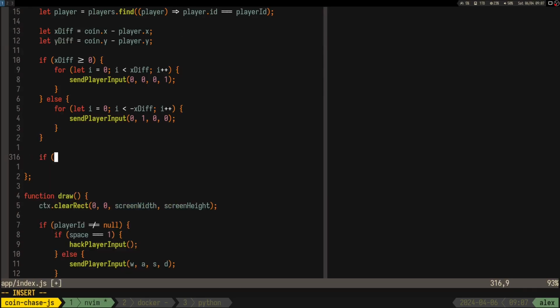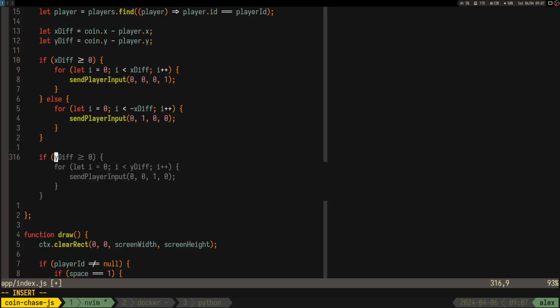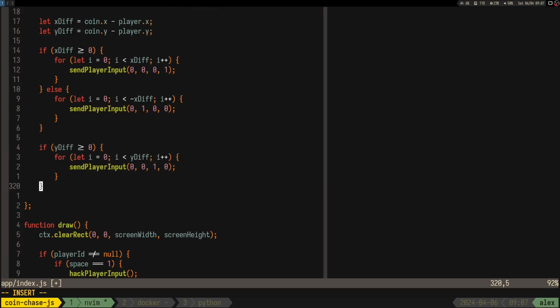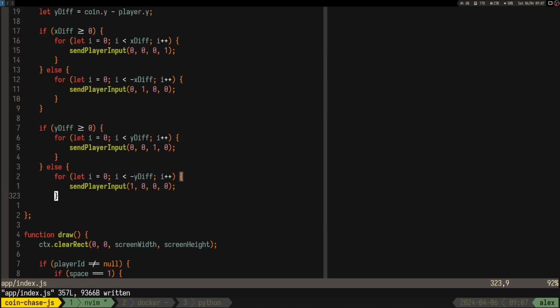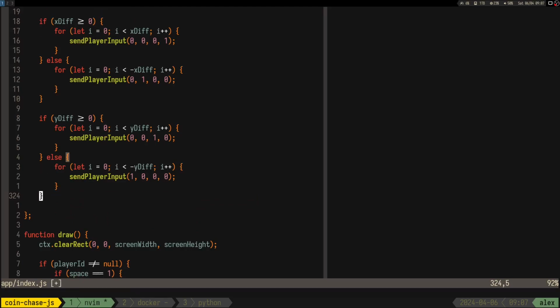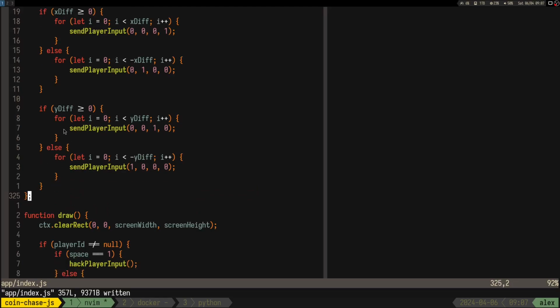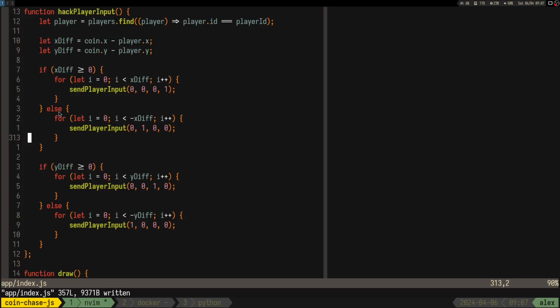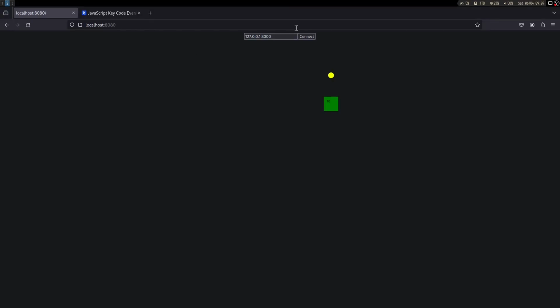Okay, and if, let's leave compiler do it. So else, let's do the reverse of that. So yeah, and I think this should be enough, to be honest. I really think this is enough. So let's